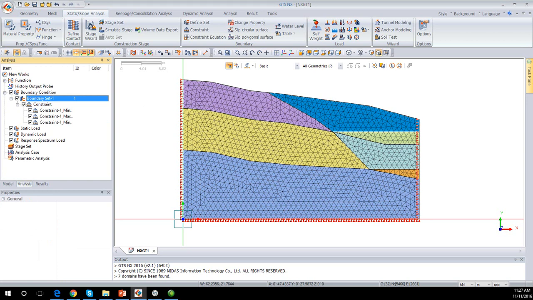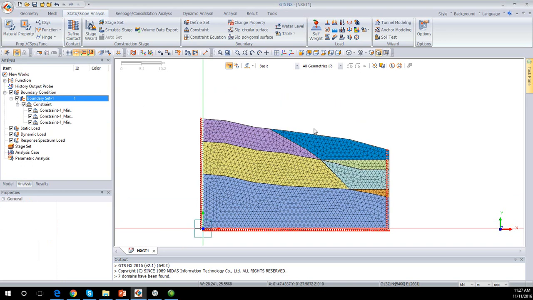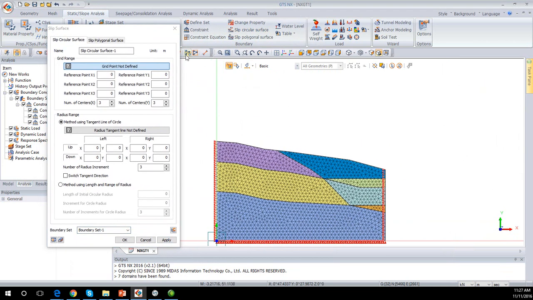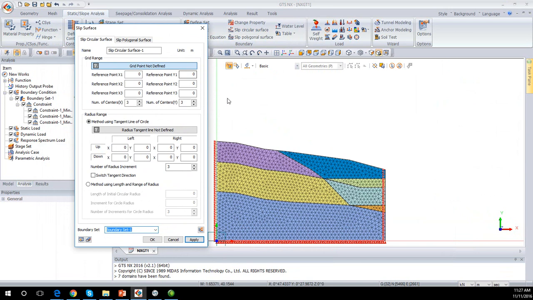We could then proceed to assign what would be the other necessary boundary condition for a slope stability analysis by the strength analysis method, which is a hybrid method between the finite element method, the strength reduction method, and the limit equilibrium method, which requires a slip boundary condition, which is basically what we're doing here, a slip circular boundary condition. So we're going to create 2 sets of these. And so we can select first the grid range,